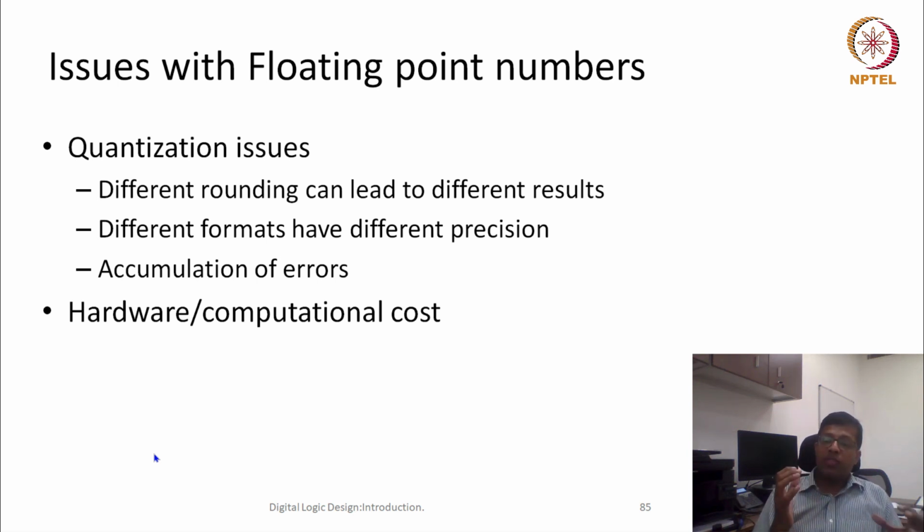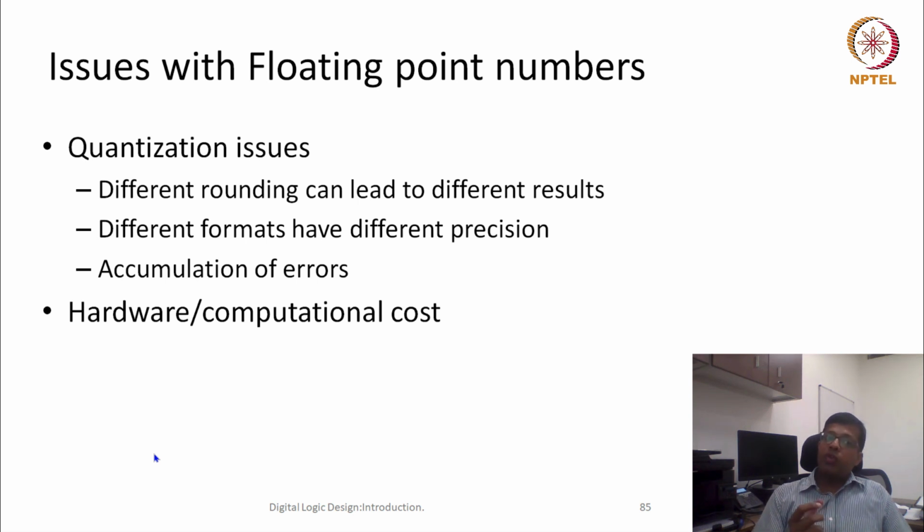Huge means with respect to integer multiplication, integer addition, or integer subtraction. That is why, if my application has to be performance oriented and I want to make it run as fast as possible, I would like to use as many integer calculations as possible and minimize the floating point calculations. Sometimes we even try to reduce floating point multiplication by doing fixed point multiplications. Though precision will reduce, the computation can be done in a fairly fast manner.